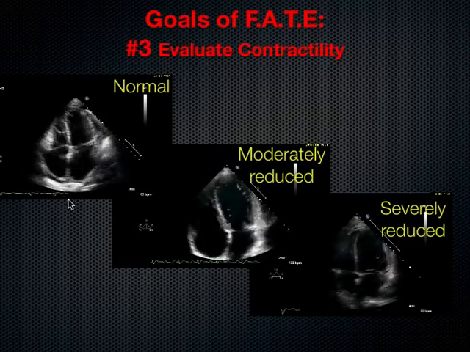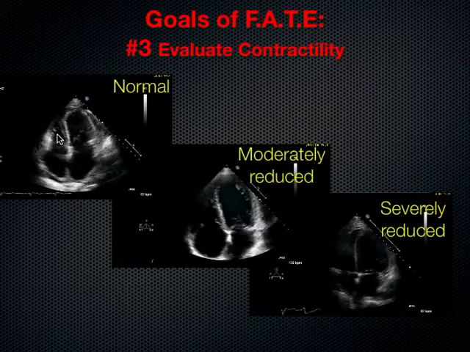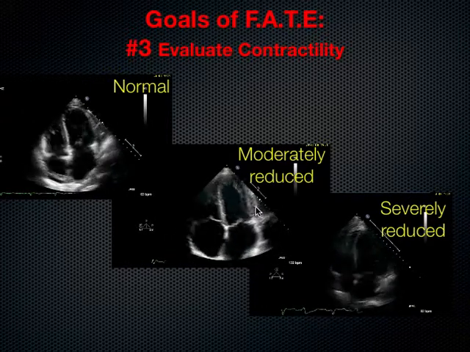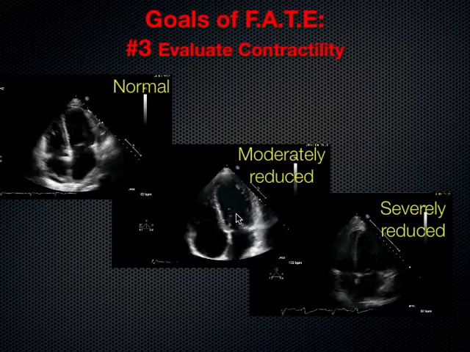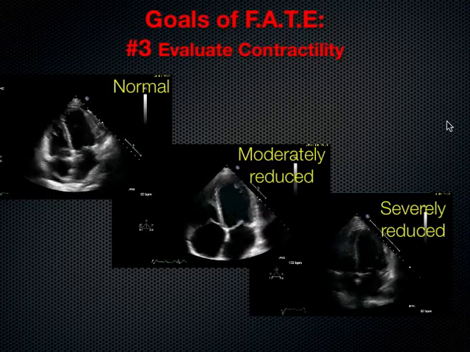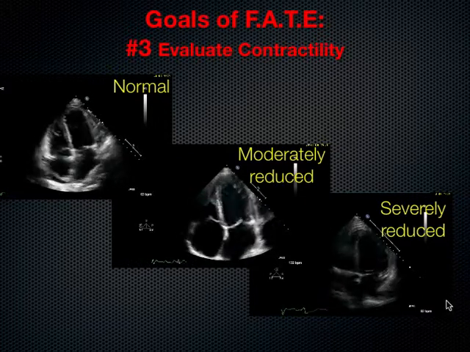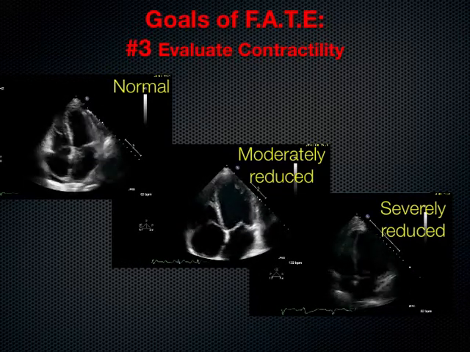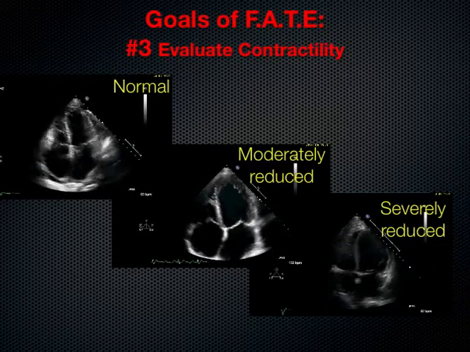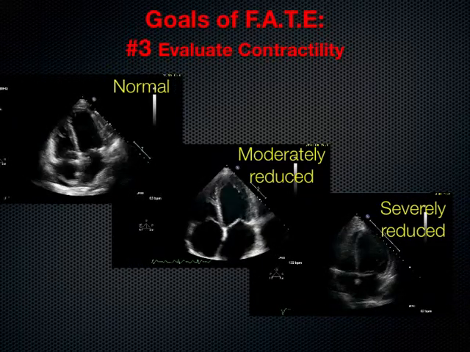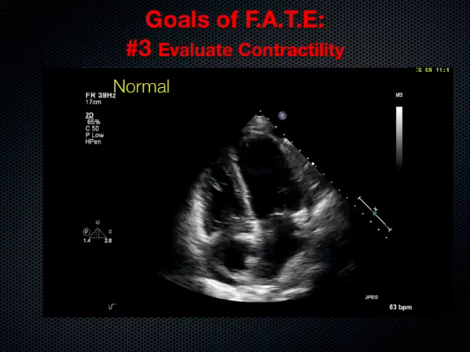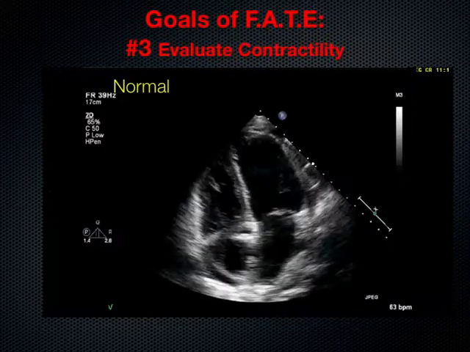So this is a normal apical 4-chambered view here, LV, RV, LA, RA. We can just look at the contractility. This one's moderately reduced. We see there's not as much squeeze here. There's not as much chamber size changing between systole and diastole. And finally, this is a very severely reduced LV contractility. We can see that there's really almost no change in the systole and diastole of the heart beat to beat. So again, just to kind of blow it up, this is the normal, and then we can see the